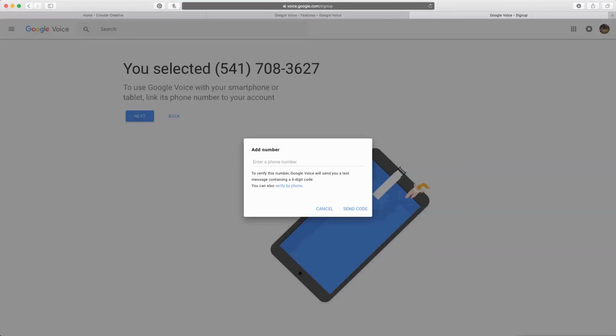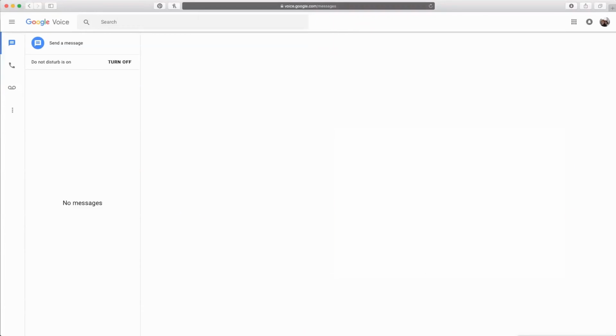Now what's going to happen is it's going to ask you to link a phone to verify that, to connect this Google Voice number to. So enter your cell number here, whichever phone you want to connect to Google Voice. It'll send you a text, or if you're using a landline, you can click here on Verify by Phone. It'll give you a phone call. You just type in the number. Once you do that, you'll be all set up to use Google Voice, and you can start adding numbers and playing with the settings. So let's go ahead and switch over to